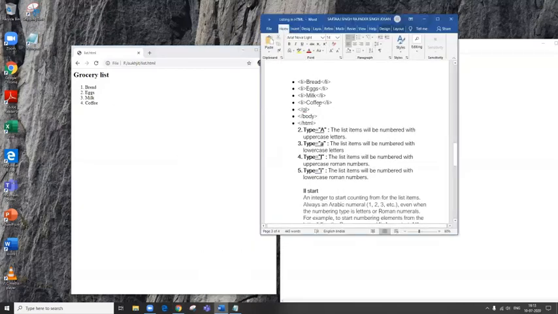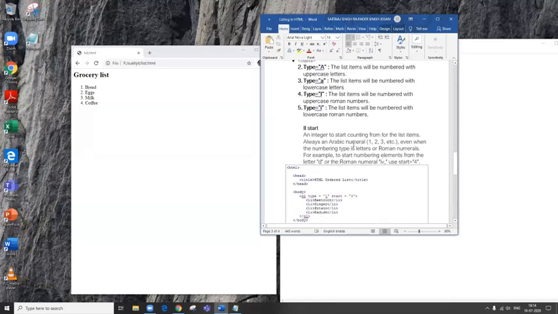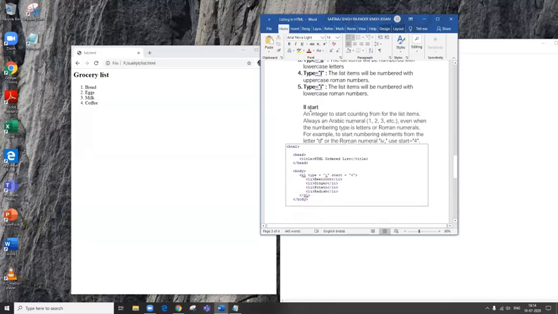Now let us come to the second attribute of OL. Children, in UL you have only one attribute, and that is type, which is a common attribute to UL and OL. But OL has a second attribute, and this is the second attribute, start.